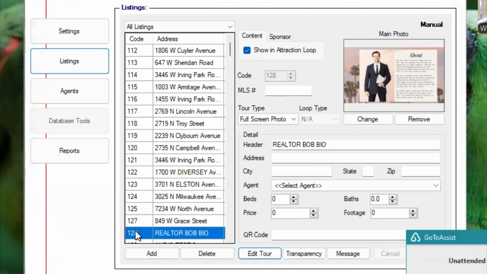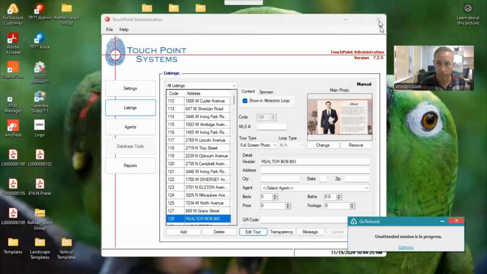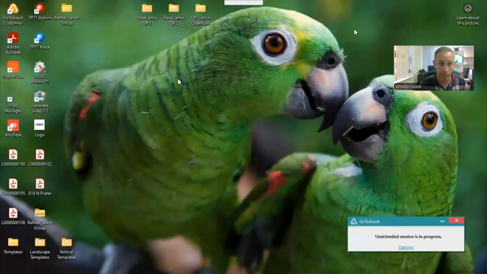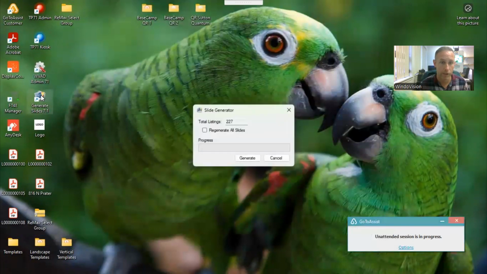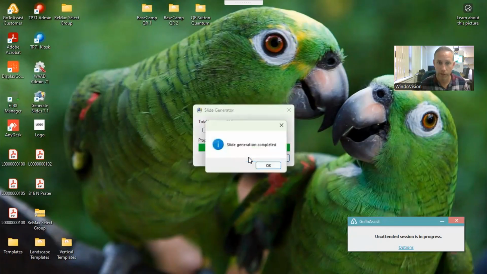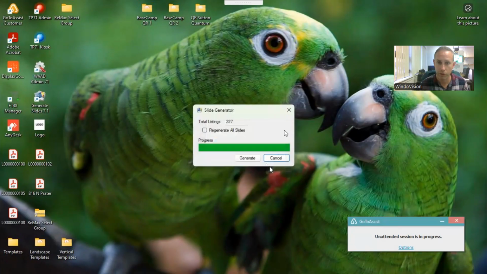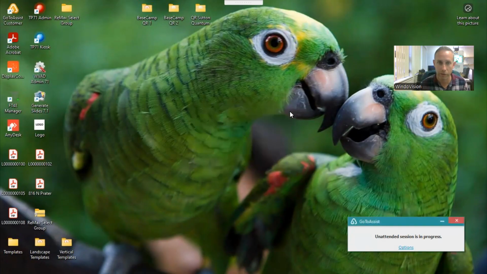So the next thing we need to do is check our work. That's always a good thing to do right after installing new content into the system. So I'm going to just close out of the admin app, and then I will do a slide generation. Anytime you create new stuff, this is also a good habit to get into. Just do a quick generate slides so that you can be sure that the new changes are going to look the way they should when you open the kiosk up. And then you can open the kiosk